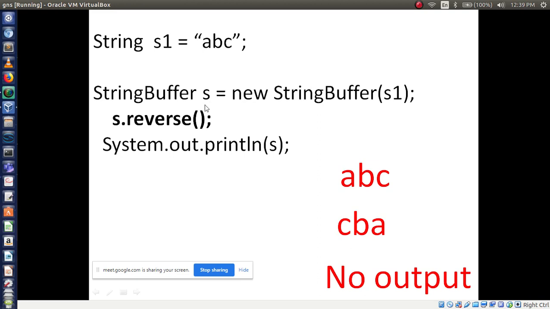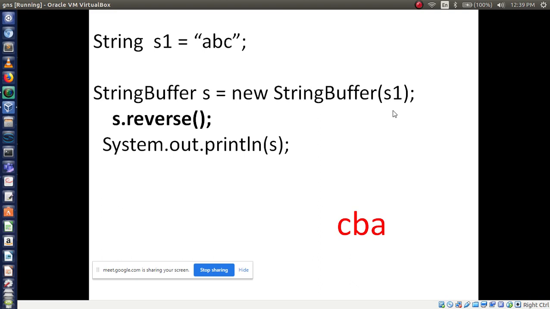Now I am making this method reverse. So how am I reversing? With the help of the reference variable of StringBuffer, S dot reverse method. Now I am printing this variable S. So S1 has the value ABC, then after applying the reverse method, we will have CBA. Result is CBA. Understood, Kiran? Is it clear? Okay. So this method you have to remember, because you have to use this in lab program.